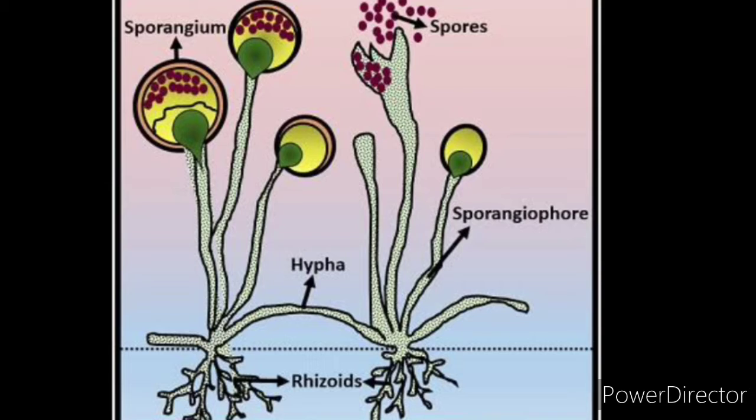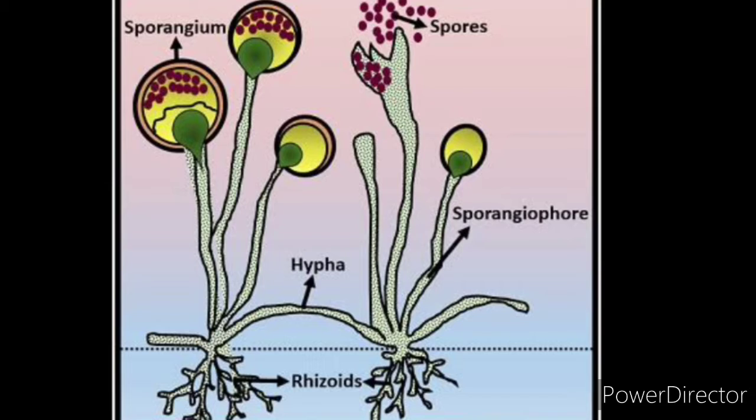Without the formation or the fusion of the gamete, the offspring exactly resembles, or are exact copies of, the parent. Now, if you see the asexual reproduction, this occurs by spore formation, right? And this is common in the fungi and the bacteria. Now, here you can see the example of this spore formation in Rhizopus.